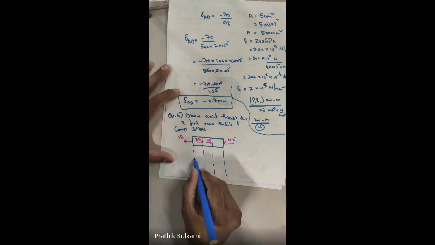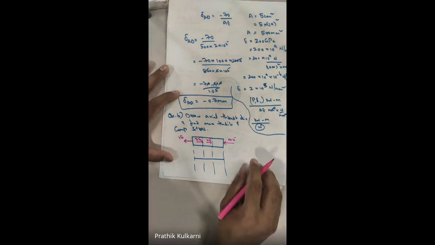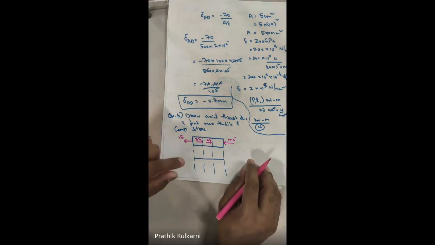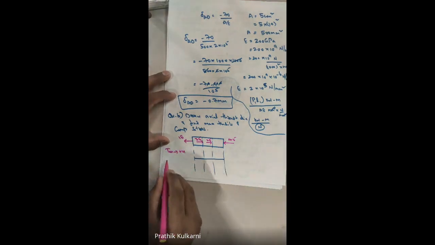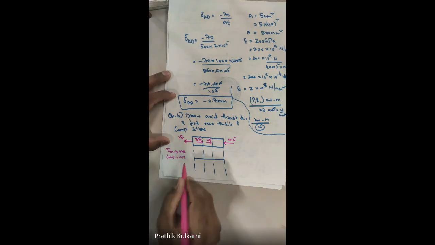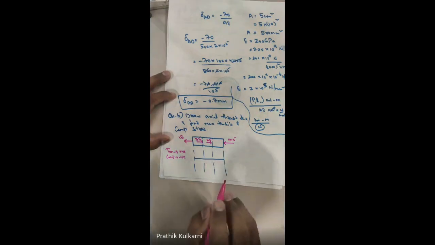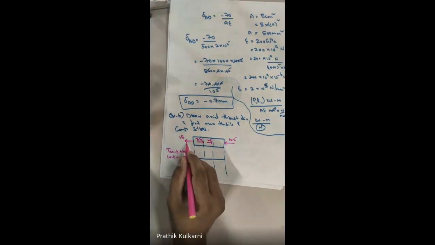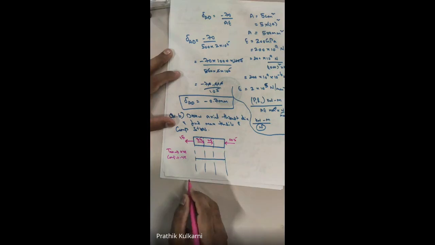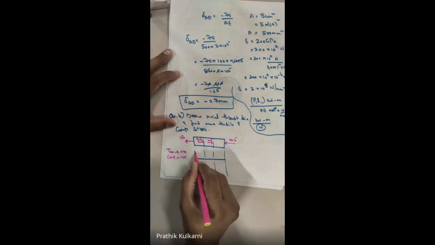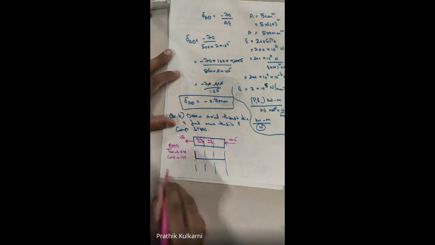Fine. So if you just look here, what is happening? As I said, if it is tensile, we have to take it as positive. If it is compression, we have to take it as negative. Please be careful. Tension is positive, compression is negative. So tension comes above, compression comes below. Fine. Now look, is the 15 kilonewton load acting as compression or tension? It is acting as tension, it is pulling it, right? Yes, and elongation is happening, right?